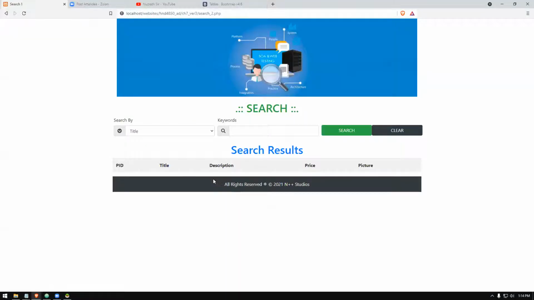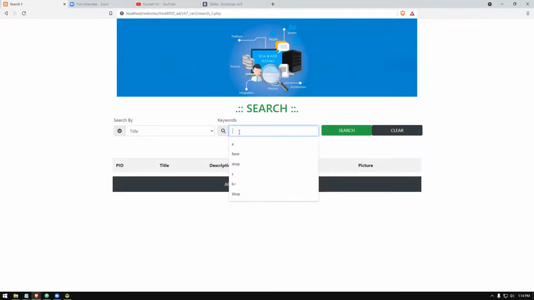So what we need to do is make sure we build the right SQL command. For example, if a person is searching by title and the keyword he is going to enter is iPhone, we have to build an SQL command: select all from product where title equals iPhone or title like iPhone.